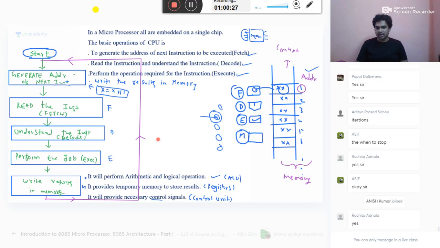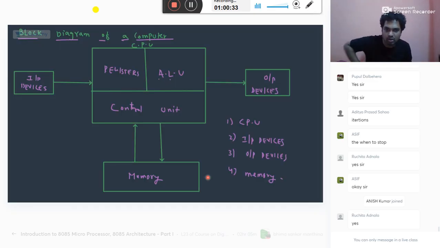Somebody asked me something about control signals, sir. What is the meaning of control signals? Listen here. I told you already, if you have an ALU, it contains several parts. It may have adder, subtractor, multiplier circuits, AND operation, comparator circuits, complementary circuits, different circuits. When a particular instruction comes,